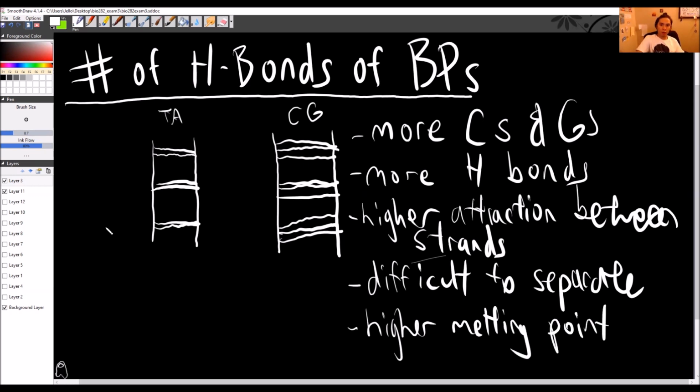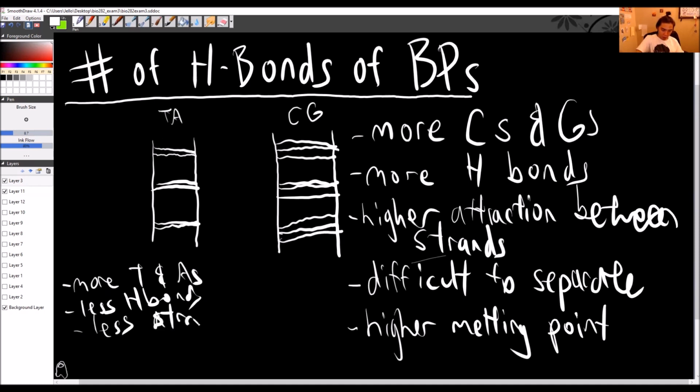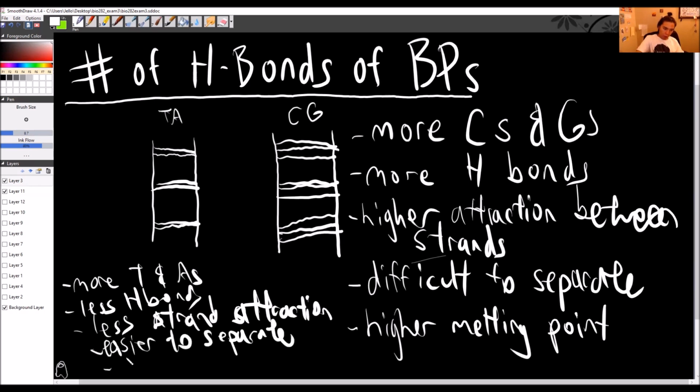You can do the same one for the T and A's. So you have more T and A's relative to C and G. You would have less H bonds, less attraction between the strands. Oh, less strand attraction. Easier to separate, which would give them a lower